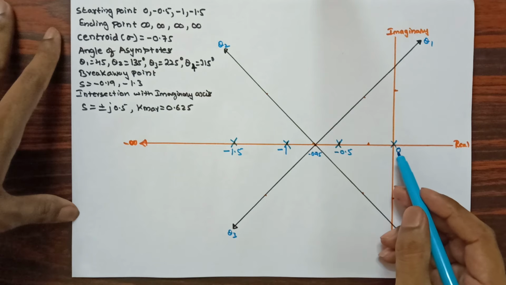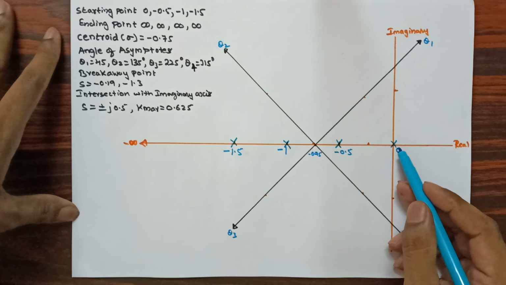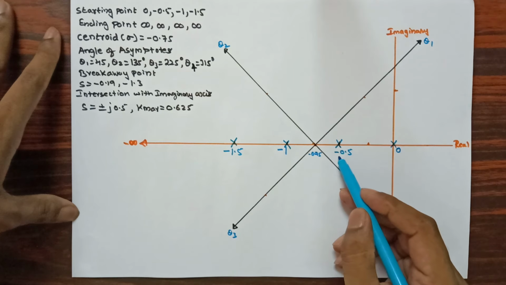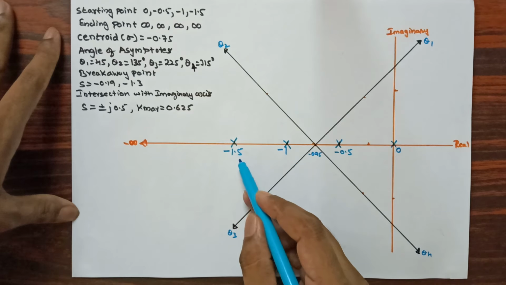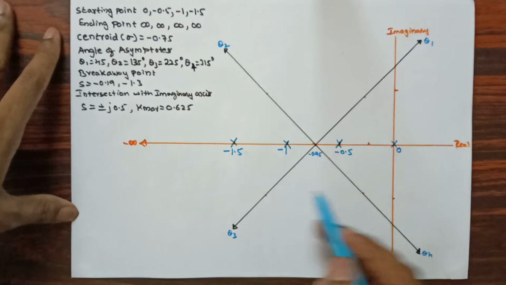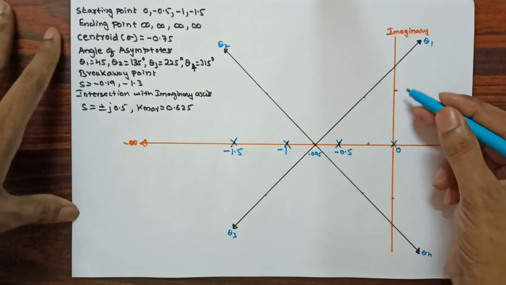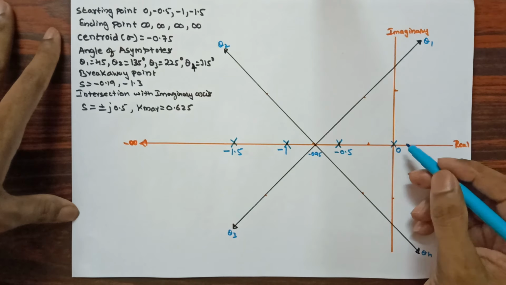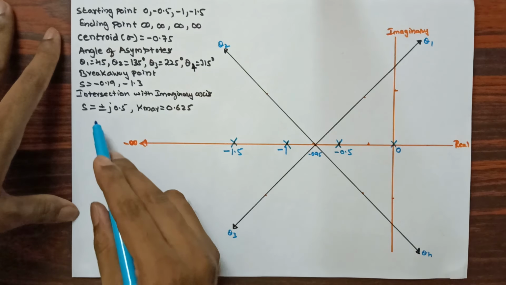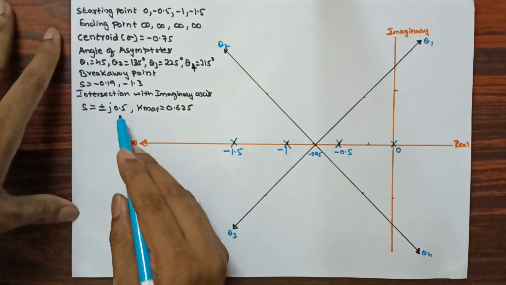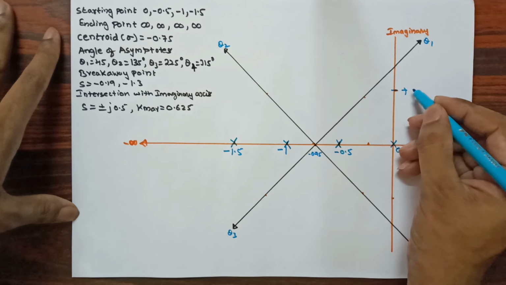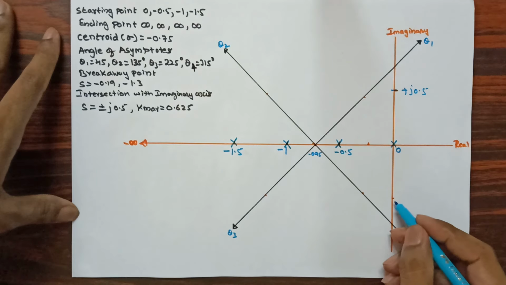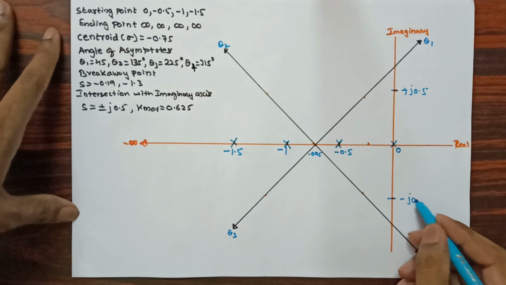So in this you can see that I have considered all these 4 poles. One is at origin, that is s is equal to 0, the second pole is at minus 0.5, the third pole is at minus 1, and the fourth pole is at minus 1.5. The scale that I have considered for the x-axis, the same scale I am going to consider for the y-axis also. For the y-axis you can see the intersection value I am getting is s is equal to plus j0.5 and minus j0.5. So here I am going to consider plus j0.5, and here I am considering minus j0.5.